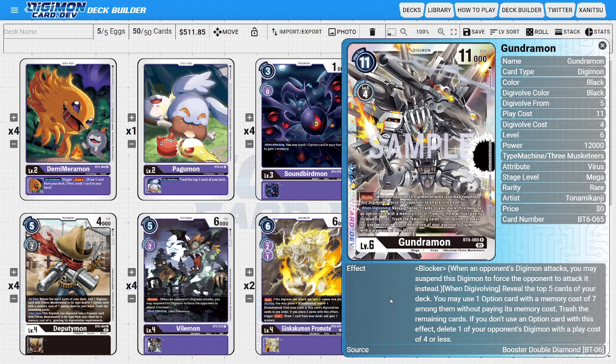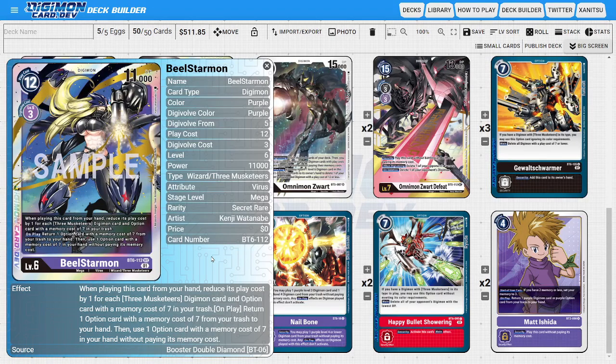So if we do see an option, then we get to use it. If we don't see an option, then we get to possibly delete a low-level Digimon, which is looking to be pretty good because it gives Gudraman a lot more viability, because it has a lot less of an opportunity for his ability to whiff. So that's just making Gudraman really good, on top of him being a 3 Musketeer for just 3 Musketeer synergy and a high-level blocker for the deck to try to stave off some of the opponent's aggression. But as far as the main mega of the deck goes, I'm going to be running 4 copies of